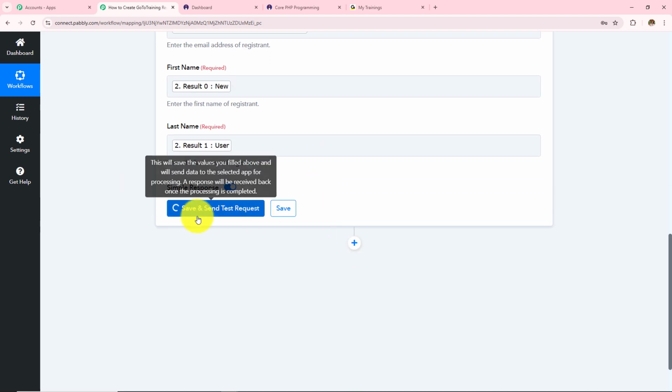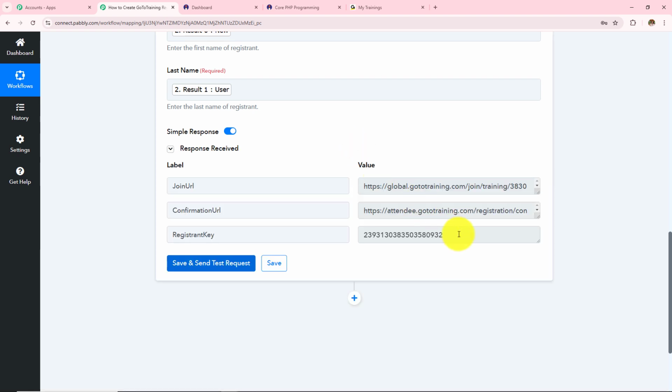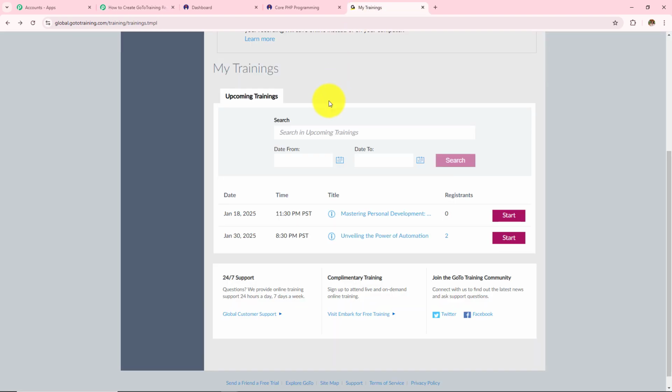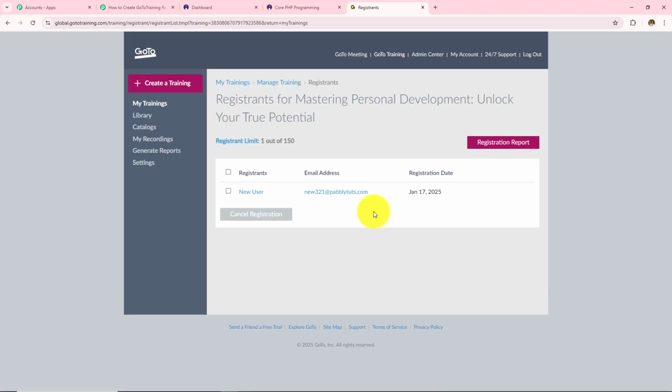Now after entering all these details, I have to click on the save and send test request, and here I can see that I have received the response, and this response is a positive one. Now I am going to open my GoToTraining account and refresh this page once. And here I can see that I have created one registrant in my Mastering Personal Development training. And here we can see that we have instantly created this registrant, new user. Email address was